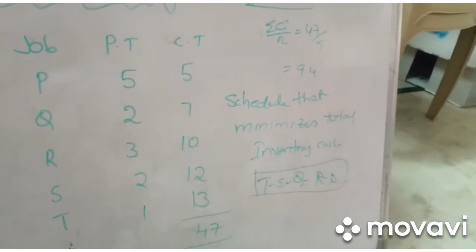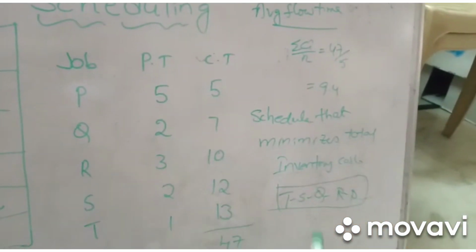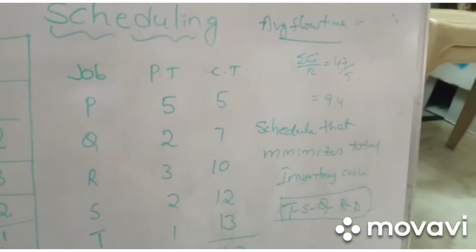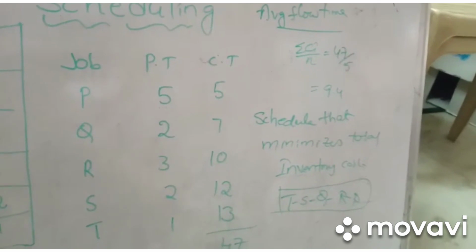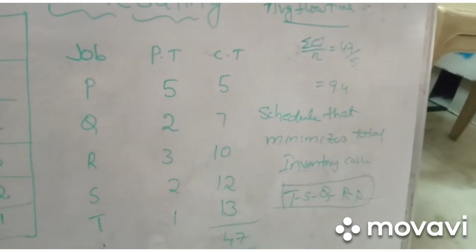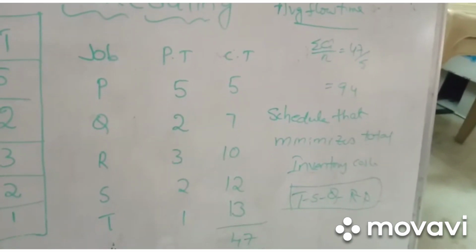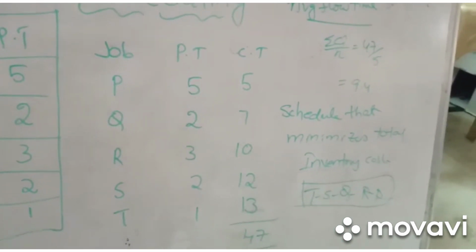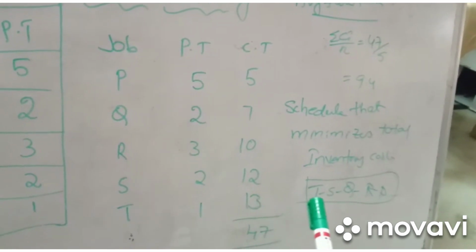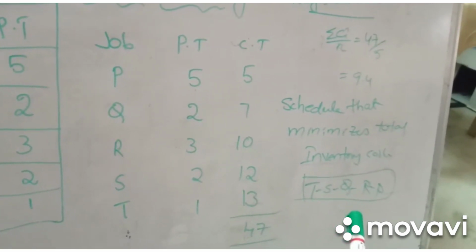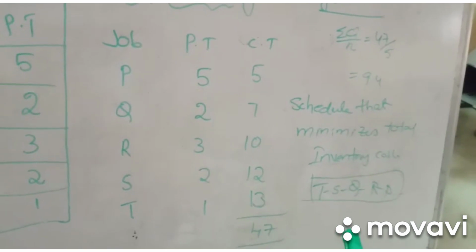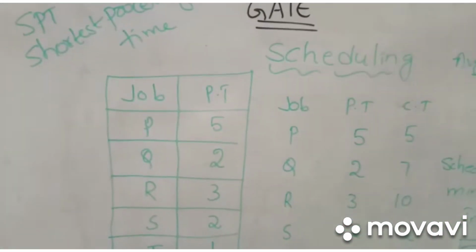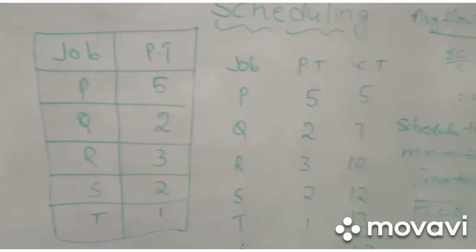So this is the question. There may be these two questions in one exam. In one year they may ask them in your GATE examination as 2 mark questions. So it is very easy for you to solve this kind of problem in the examination. If you select this kind of problem, you will get more marks, right? Just simply adding and averaging, that is the only thing you are supposed to do. There is nothing more than that in this problem. Scheduling just means what the job is, what the processing time is, and what the completion time is.